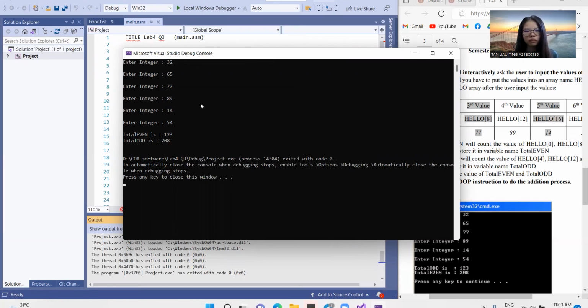Okay. Now I want to give one reflection for Lab 4. In this Lab 4, I have learned about how to use WriteString, WriteDec and ReadInt, because we need to ask the user to input the value, and lastly I learned about